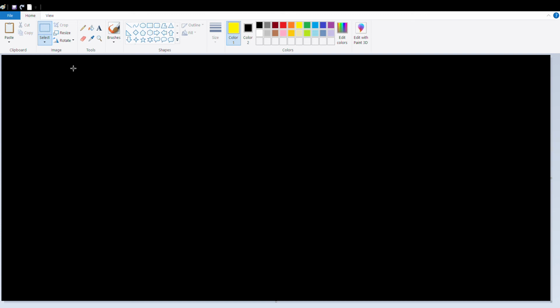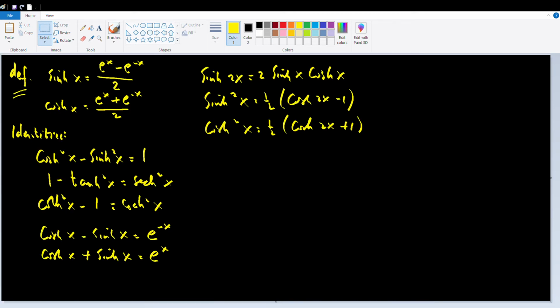Let us now consider some integrals involving hyperbolic functions that require the use of some identities. First, we have the definition of hyperbolic sine, which is equal to e to the x minus e to the minus x all over 2, and hyperbolic cosine x equal to e to the x plus e to the minus x all over 2. From this, we can also define hyperbolic tangent of x, which is equal to